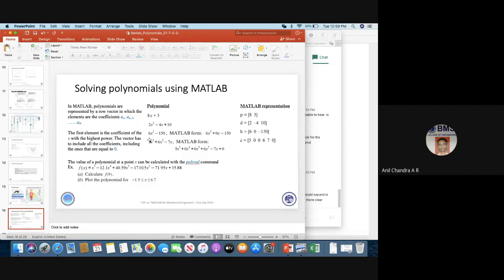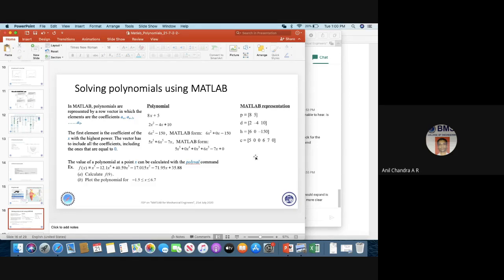Similarly, if you have an expression of the fifth order, x power 0, x power 1, x power 2, yeah, something went wrong here. It should have been the other way. So basically what we are trying to say here is x power 0, x power 1, 2, 3, 4, 5. 5x power 5. So this should have been 6x squared. I'm sorry about that. Okay.